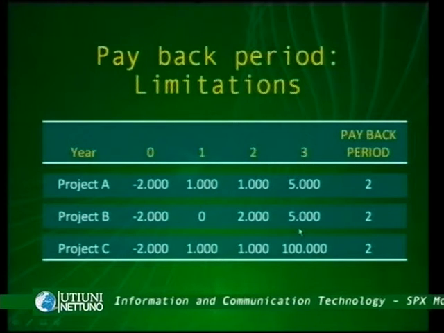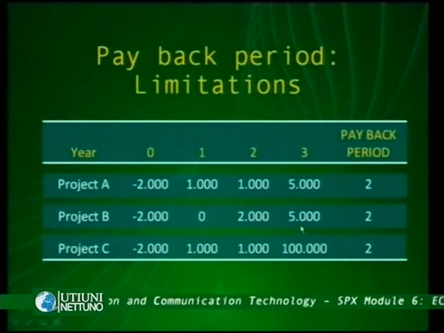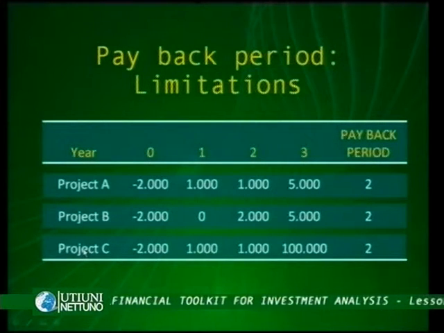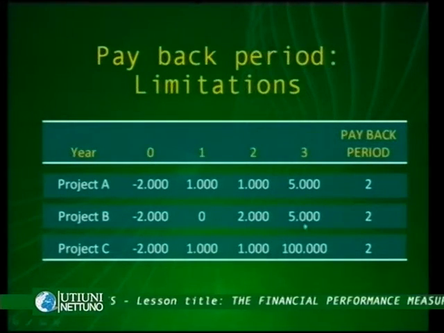You can see that, in fact, the inflow of project C at time 3 is 20 times bigger than the inflow of both project A and project B. So even without applying a more sophisticated valuation method, we can easily see that project C is more convenient than project B and project A, but this does not